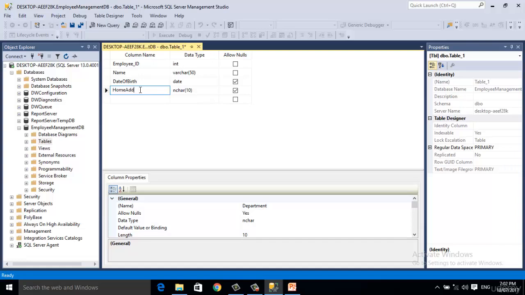Let's have a field for his home address. Okay, address can be a large string which may contain numbers and may contain text as well. Therefore, I will select the nvarchar and varchar 100. Let's define its length as 100.